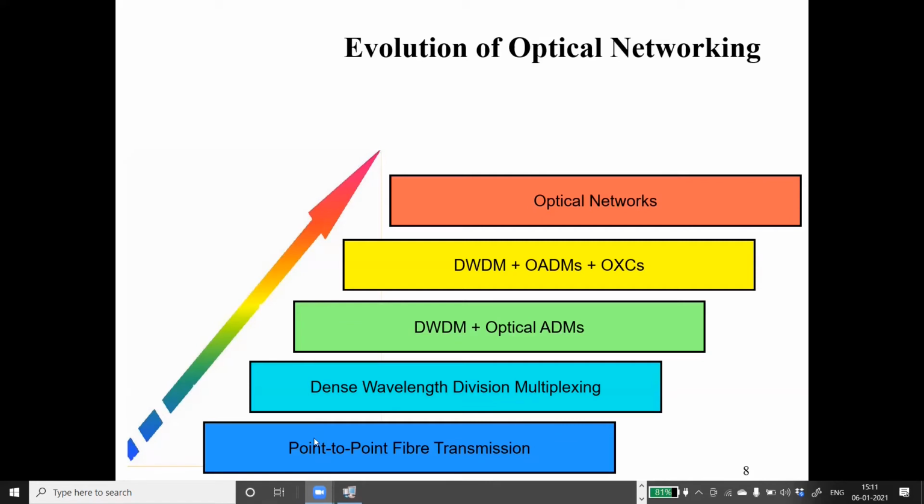What happened was, our network was a fiber network, meaning only copper cables were replaced by optical fibers, but still the nodes were electrical and that limited its bandwidth. So with the development of these all optical components, we are now able to replace those nodes with optical components and hence increase the capacity for data handling, as well as the number of users that can be provided services through this particular network.